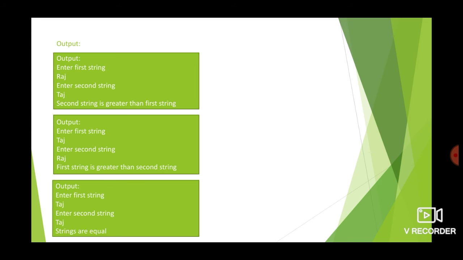Actually the difference between the ASCII values will be returned here. Because it's a positive value, it prints that the first string is greater than the second string. In the third case, we have both the strings as Taj and we know they are equal, so the value 0 will be returned, so the output would be strings are equal.